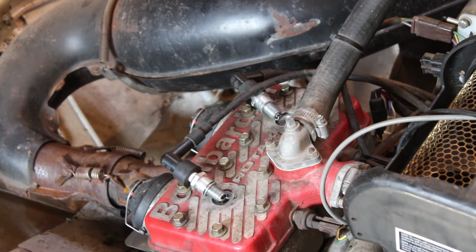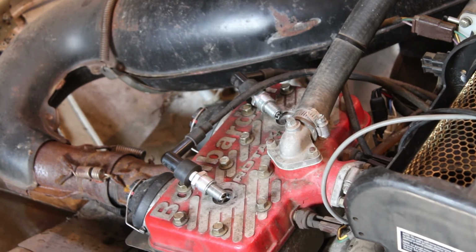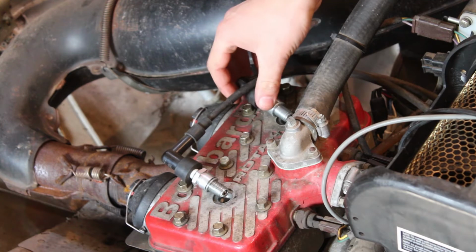Make sure we got keys on. Alright, cross your fingers. Well, that's kind of stupid. I mean, it's awesome for me, but...